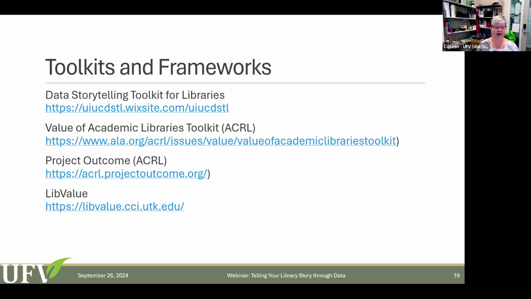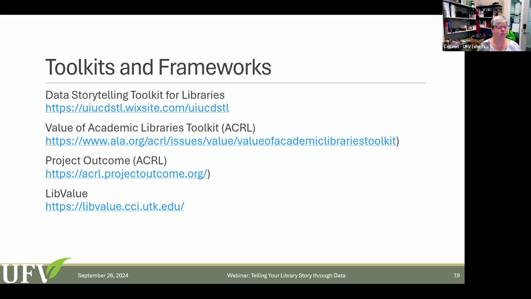This has been around for a while, but I think it has a lot of enduring value, and it has a workbook associated with it that has a whole bunch of exercises that you can do with your colleagues, with stakeholders, with the decision makers, if you have a library board or an advisory committee, to try and determine what measures of value you want to use or could use for your library.